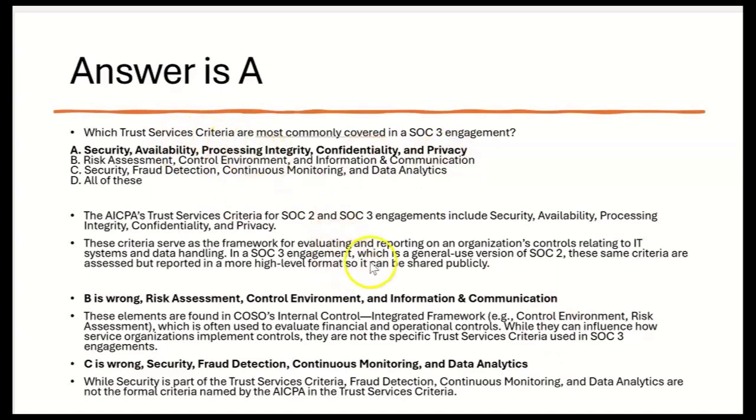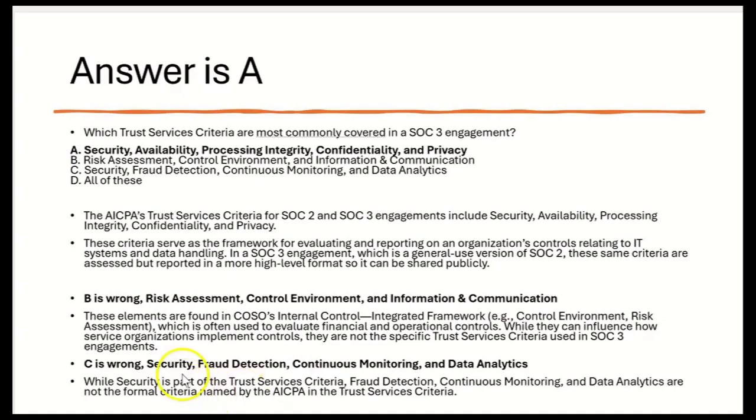It's just that in a SOC 3 engagement, which is a general use version of a SOC 2, these same criteria are assessed, but they're reported on in a more high-level format in a SOC 3, so it can be shared publicly. B is wrong because risk assessment, control environment, information and communication, that's part of the COSO internal control